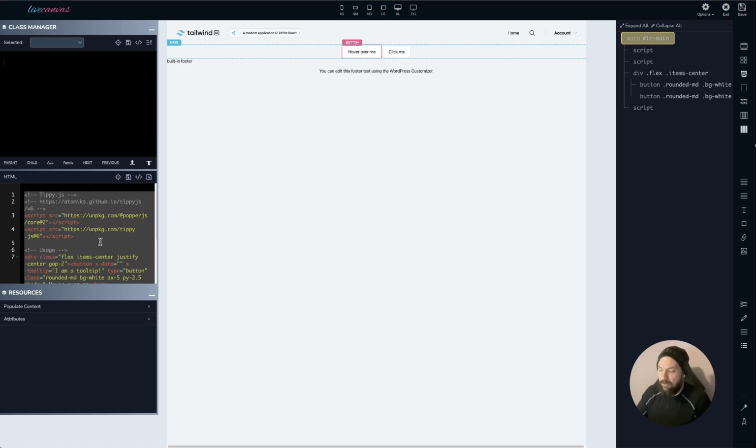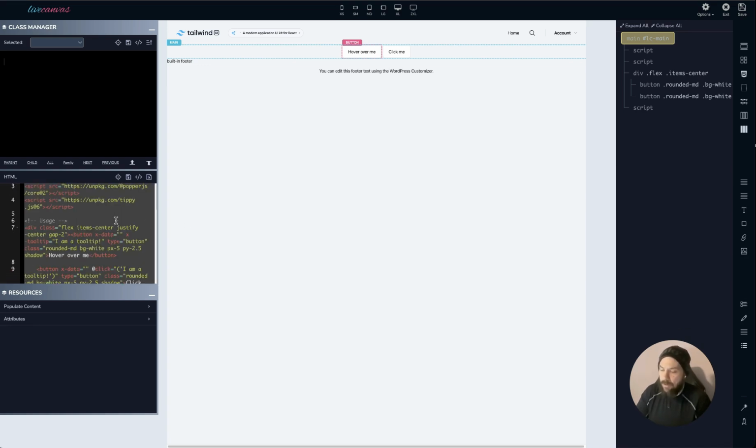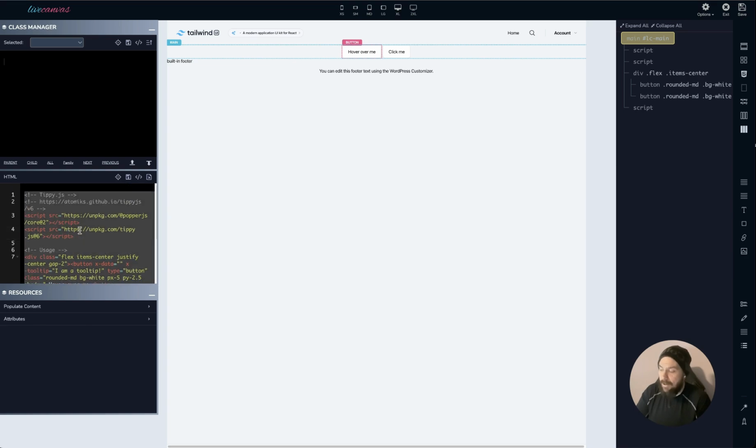But these components in particular are made to actually be performance-friendly, so make sure you take advantage of them and use them. If you ever want to talk to AI about them, you can easily copy out the component, go into the AI editor, and start prompting away for what exactly you want. It knows what Popper is, it knows what Tippy is,